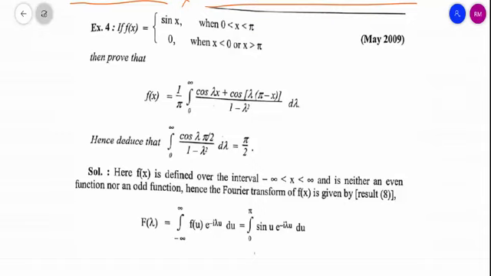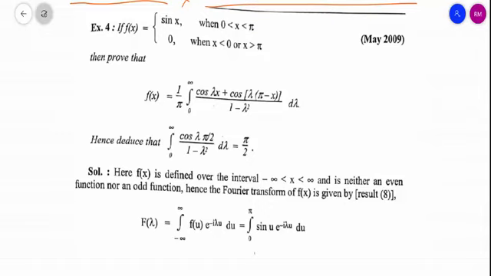So with the help of the graph, we can't apply the formulas regarding Fourier sine transformation or Fourier cosine transformation, or formulas regarding even function or odd function. So we have to use the formula regarding Fourier transform defined on the interval minus infinity to infinity, and that formula is given by f of x equal to this. These are the limits of u varying from minus infinity to infinity.